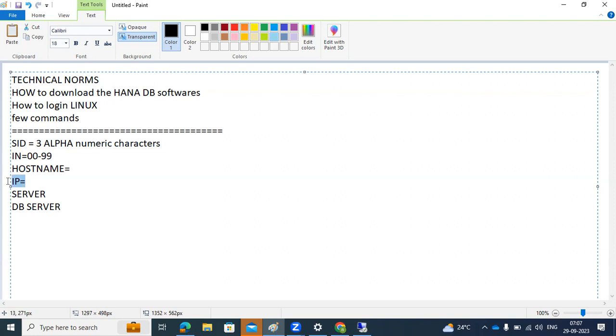Then server also it's the same. So then DB server. When you install the DB,